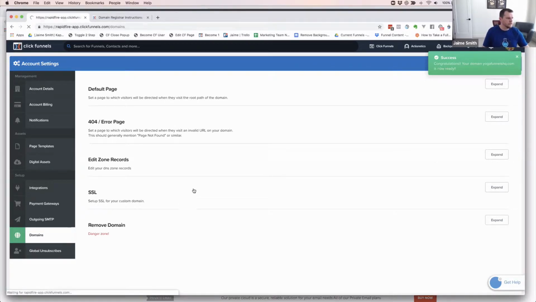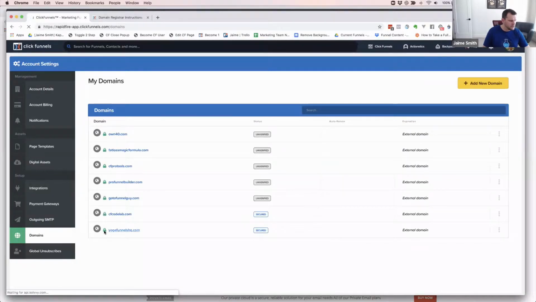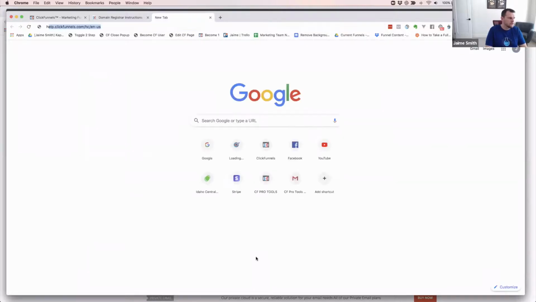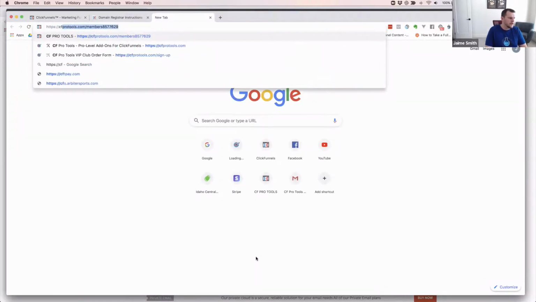So if we go in and look at that domain now, we'll have a nice little green secured lock here, and we'll have a secured tab here. It'll tell us it is secured. So now our domain is set up and it's secured. And let's actually see what happens if we go to that domain. So if we go to HTTPS Yoga Funnels HQ,